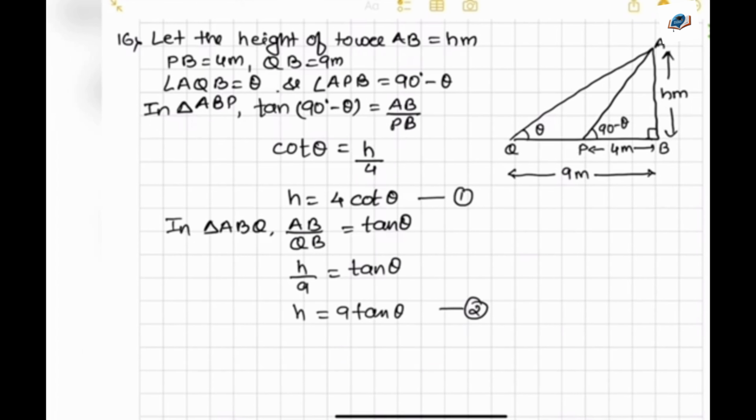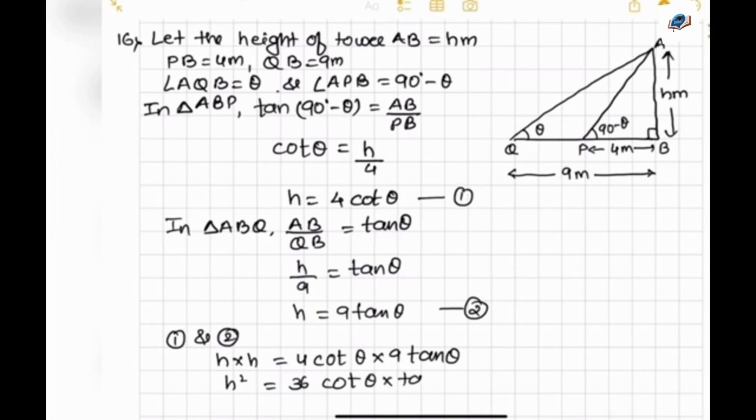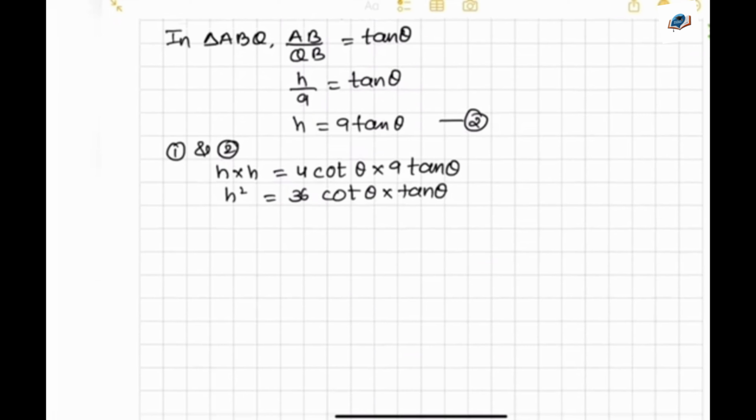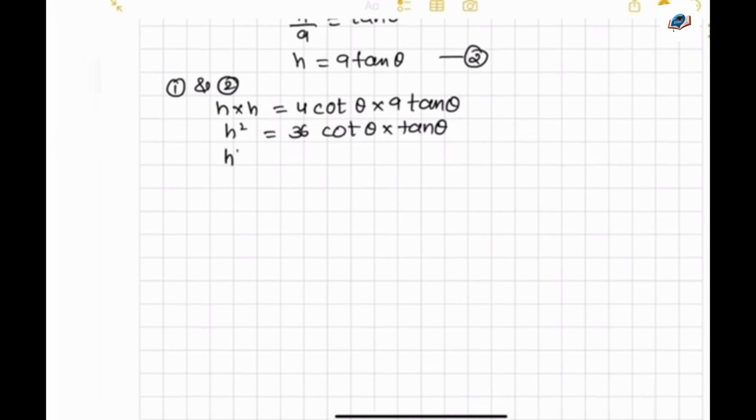So if I give this as one number, this as two number. So 1 and 2 says H into H equal to 4 cot theta into 9 tan theta. So that will be H square equal to 36 cot theta into tan theta. So I can say H square will be 36